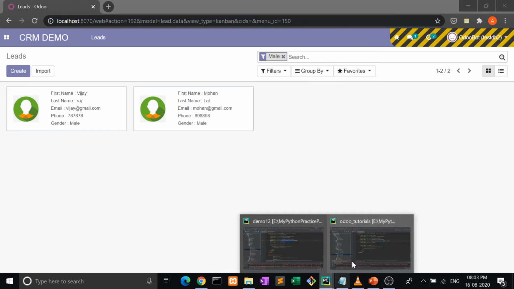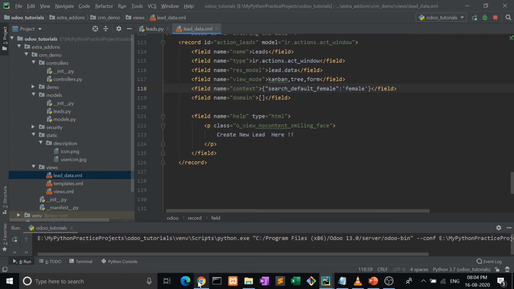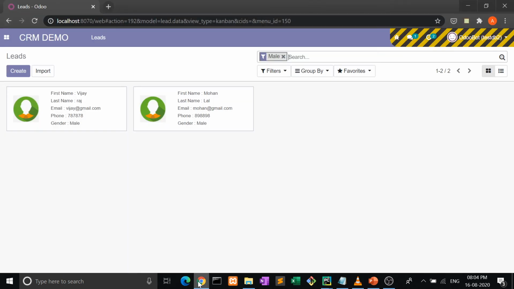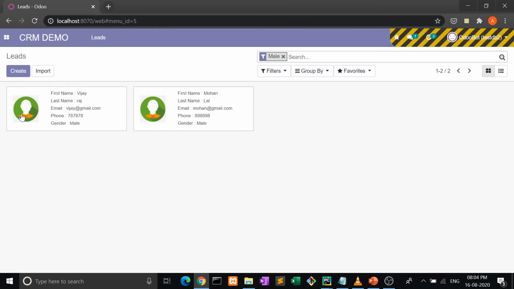Now if I want to make it female, I have to make it female here, and again rerun this. So I'm going to apps, upgrade.